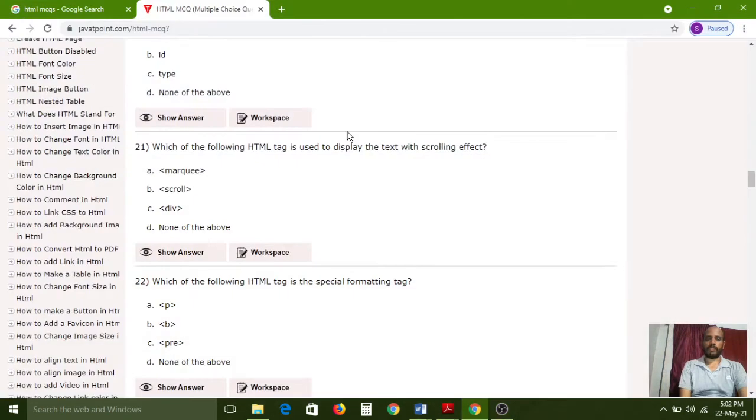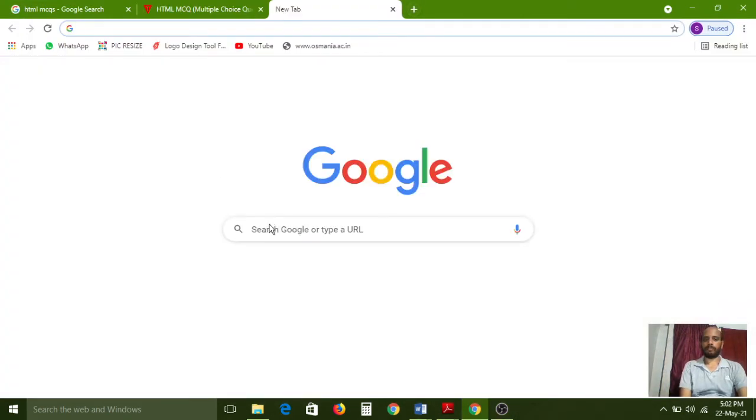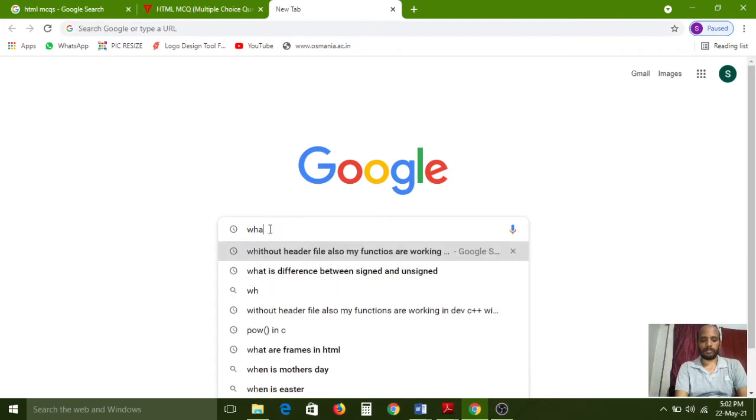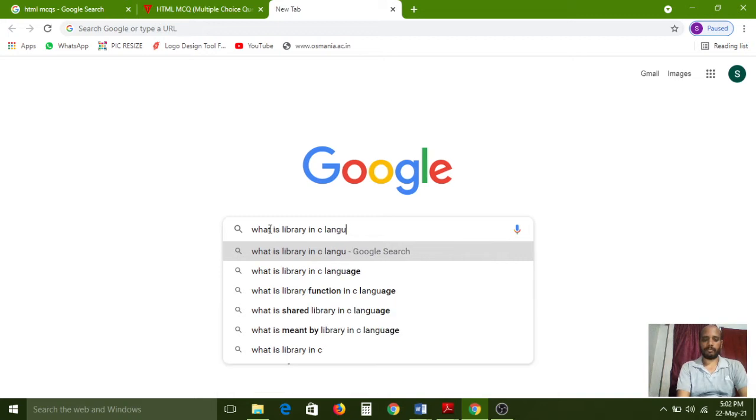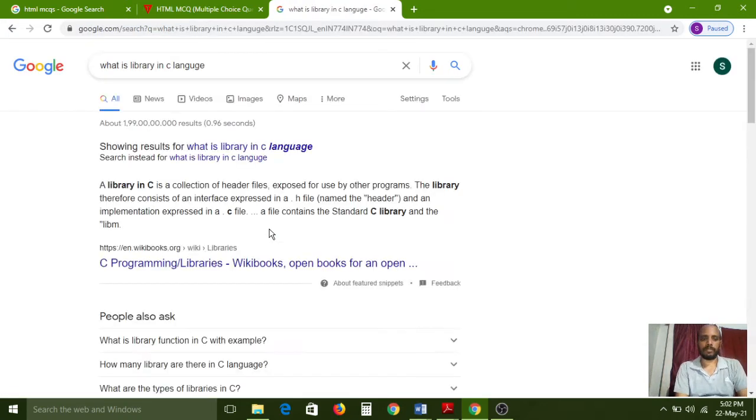First we have to see what is a library in C language. A library in C is a collection of header files exposed for use by other programs. This is a very critical definition.